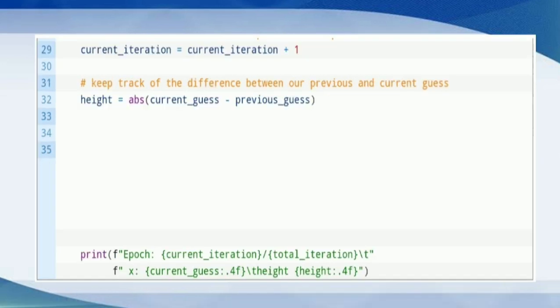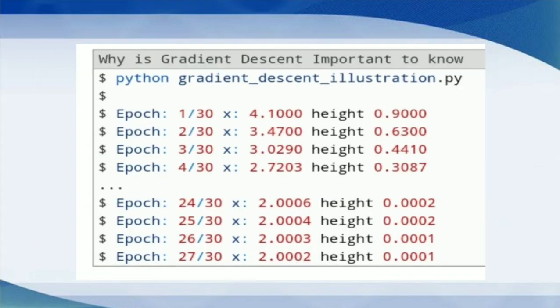So as we all know, if we print in that code the current iteration, the total iteration, the height, and the current and previous guess, it will look like this. If you look, the current iteration starts at 1 down to 27, and the 30 is for the total. And the current guess starts at